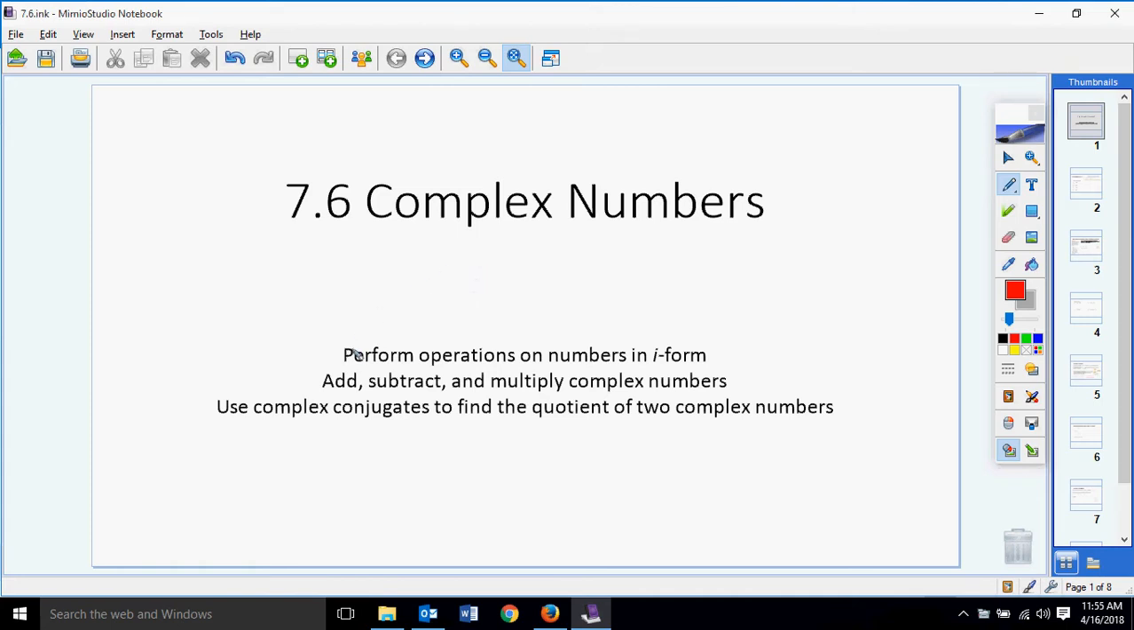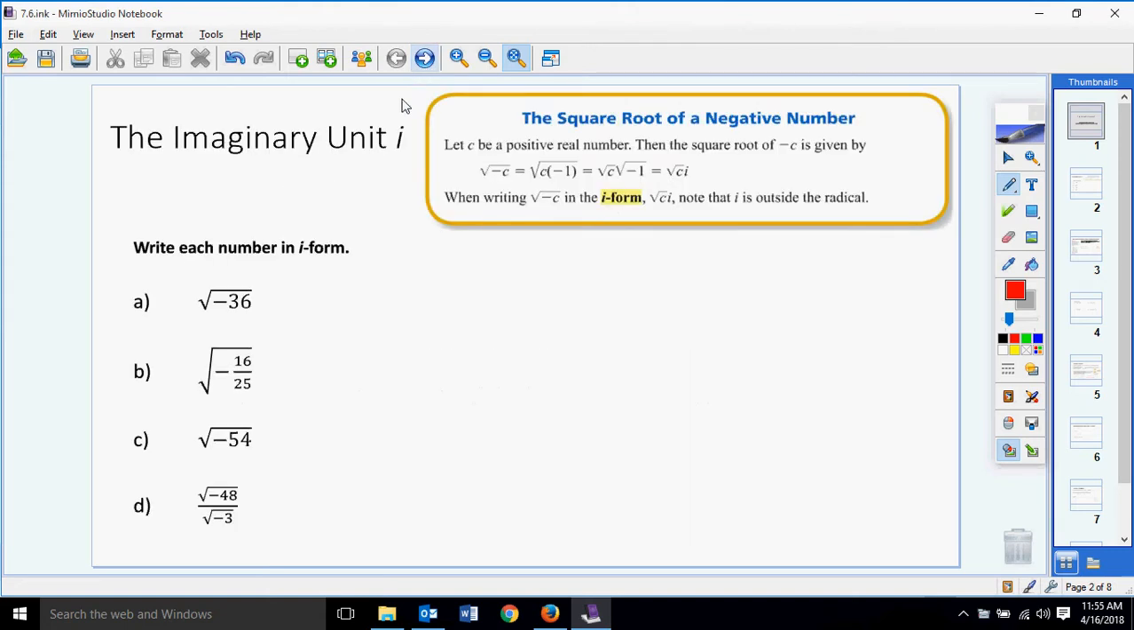Today's topic is complex numbers. We're going to perform different operations in i form, and then we're going to use complex conjugates to help us find the quotients of two complex numbers. Starting off, the imaginary unit i stands for the square root of -1. We can't take the square root of a negative number, but imagine if we could, then we